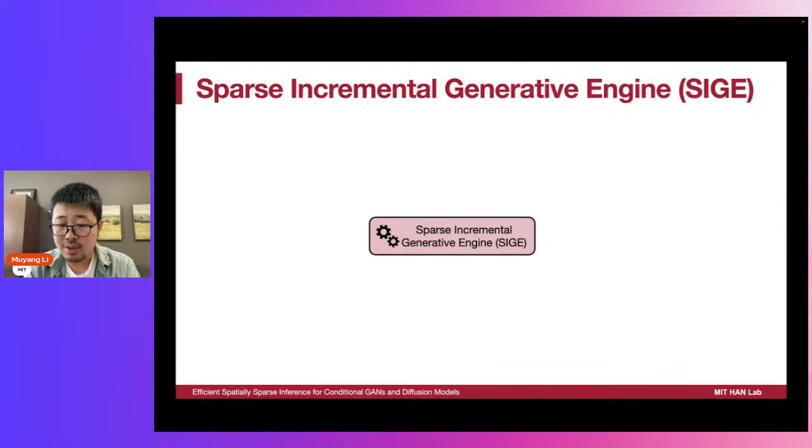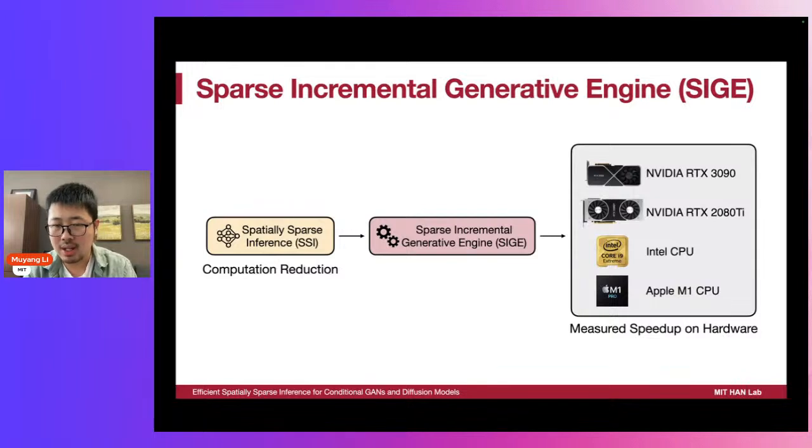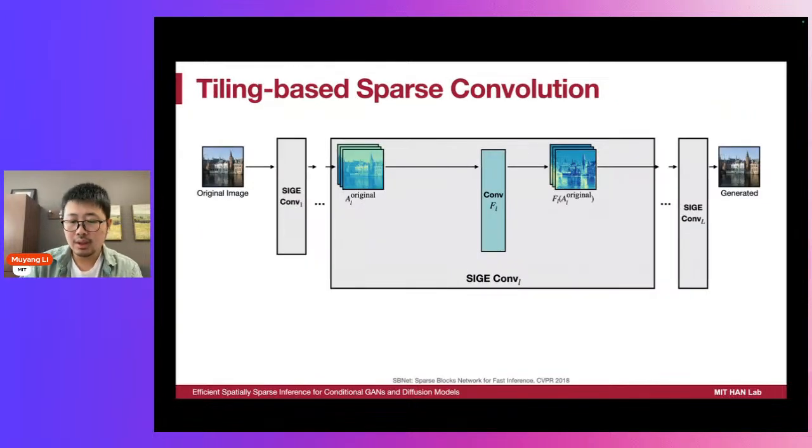In addition to the spatially sparse inference algorithm we mentioned before, we further implement a Sparse Incremental Generative Engine, SIGE, to translate the theoretical computation reduction to measured speedups on different hardware like NVIDIA's GPUs and Apple's chips. Our SIGE uses a tiling-based sparse convolution algorithm.